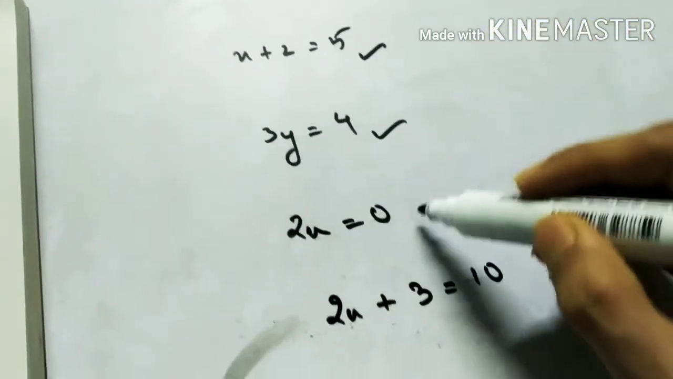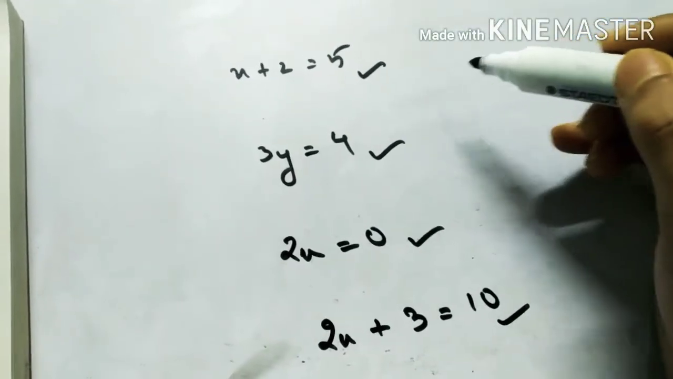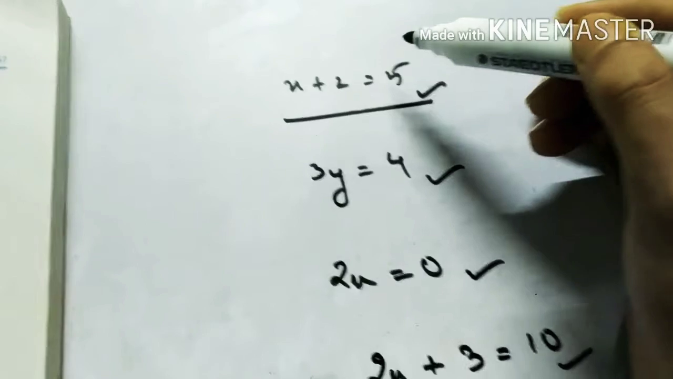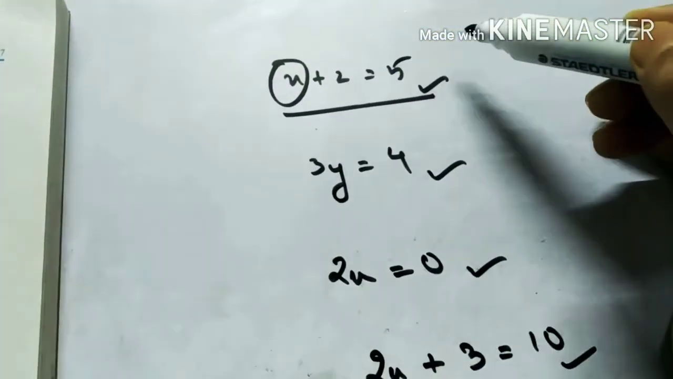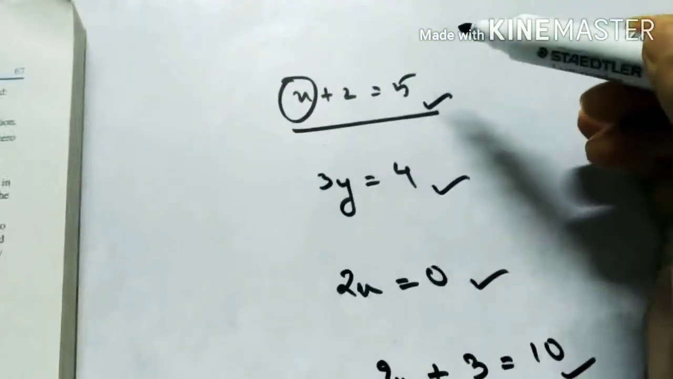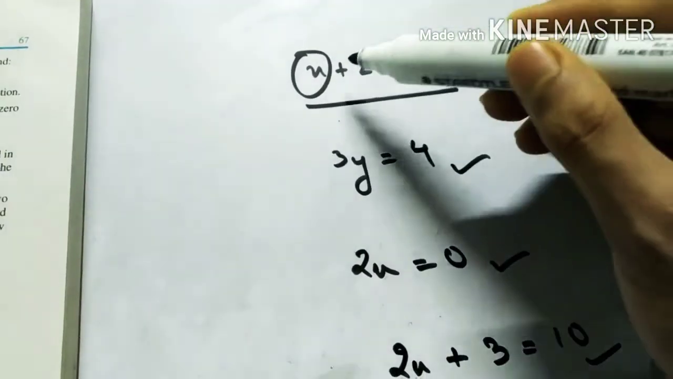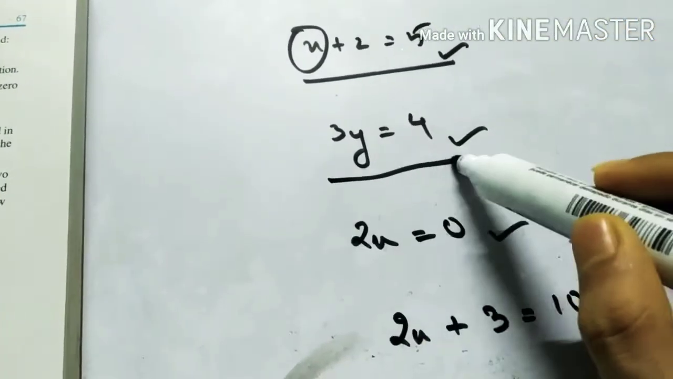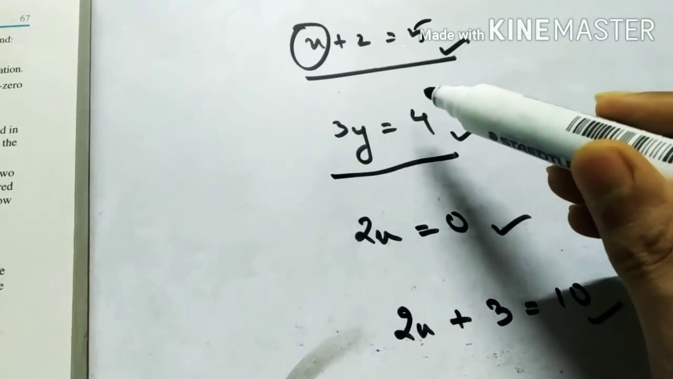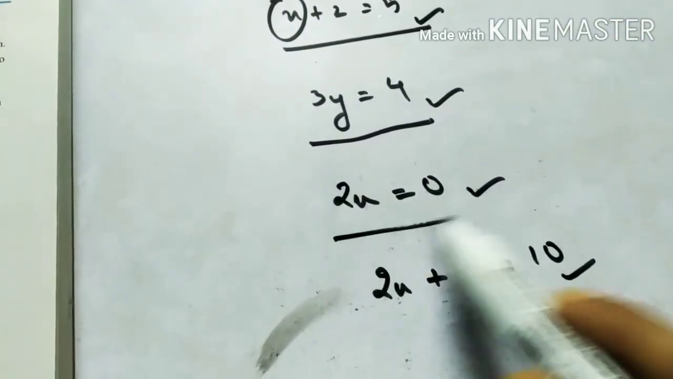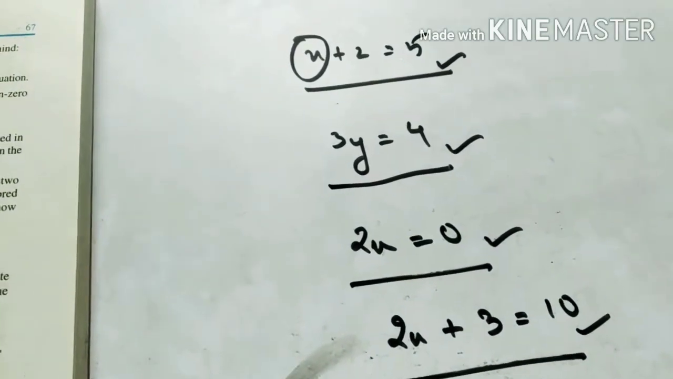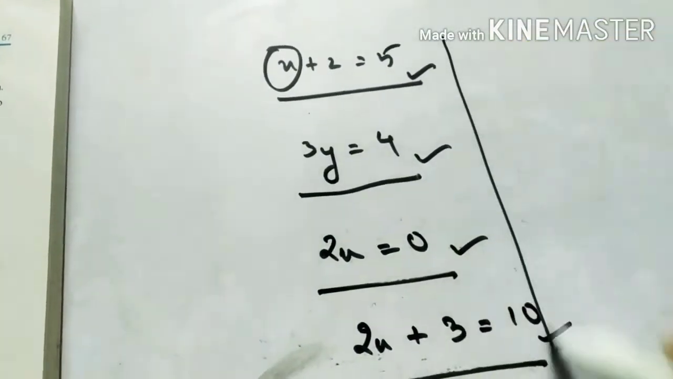So these types of equations are called linear equations in one variable, because in this type of equation there is only one variable x, and it is called linear because the highest power of the variable is 1. Understand? So these are linear equations in one variable, and we have already learned in our lower classes to solve